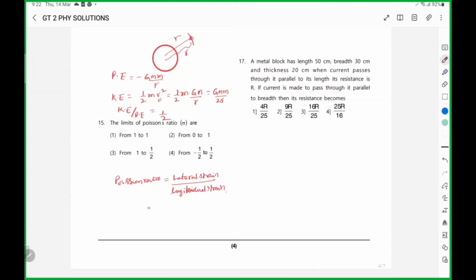So here there are two different possibilities. Lateral, once you take